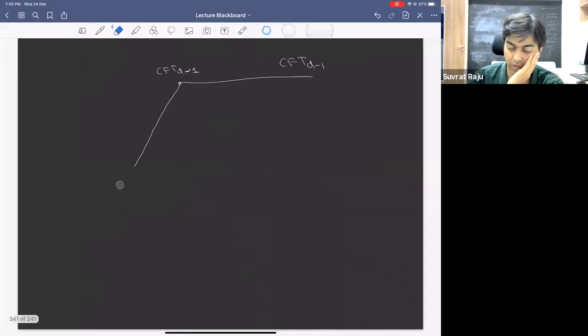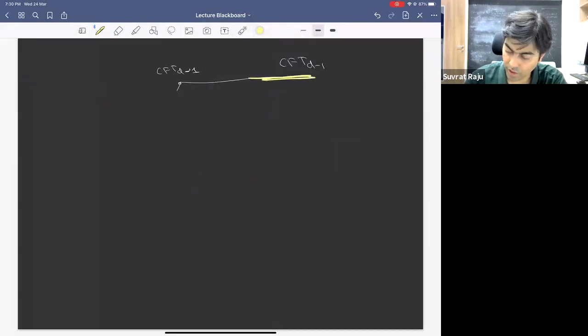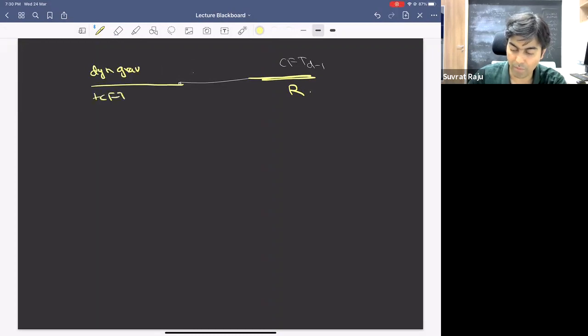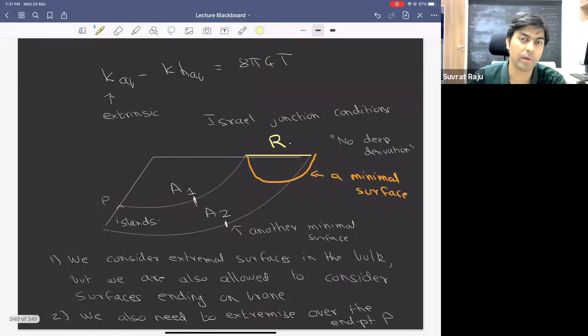So let me forget about the bulk. Here is my region R. Okay. So let me take. So this is my region R. This is exactly what I had. If I now blow up the CFT D-1, it will become something which has gravity. So you might have dynamical gravity. But my region R is just what it is. So this is the same region R. You see, the part of the Cauchy slice we're talking about is now part of the boundary of this holographic setup. Okay, so